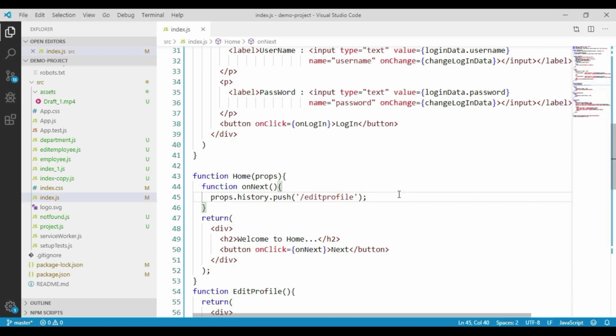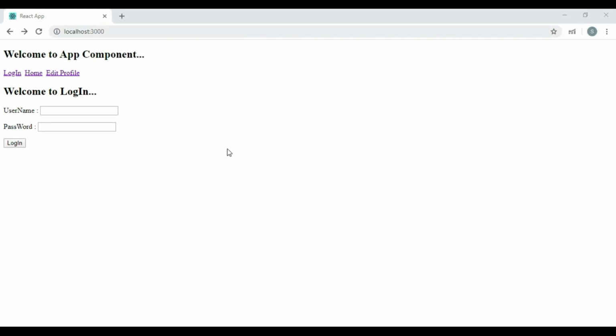Now, instead of using the push method, we will navigate to the edit profile component using the replace method. Save the changes. Let's repeat the same steps and navigate to the edit profile component.